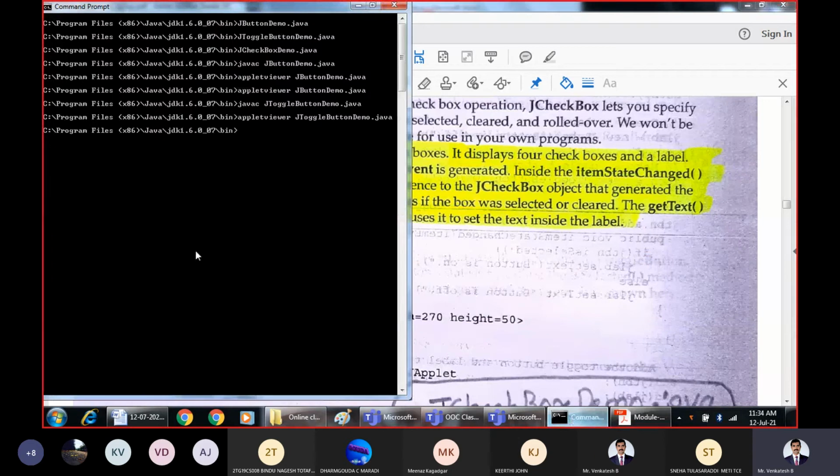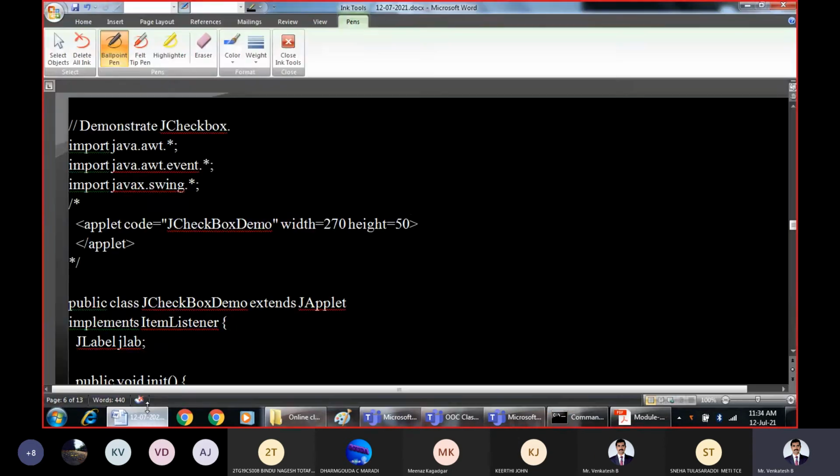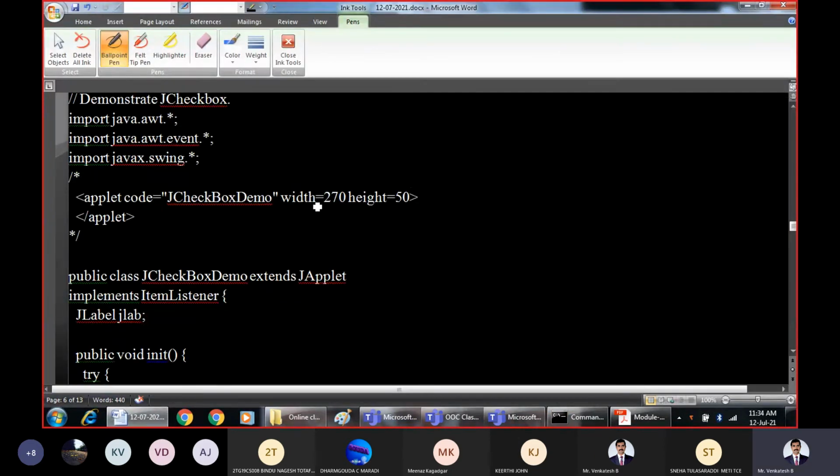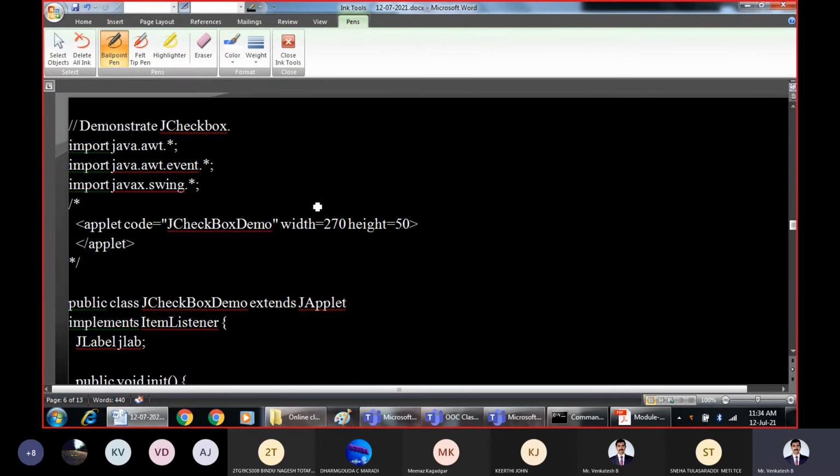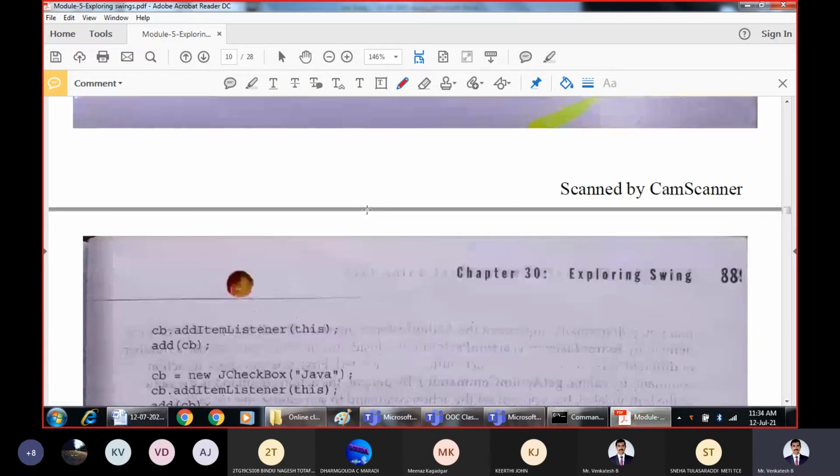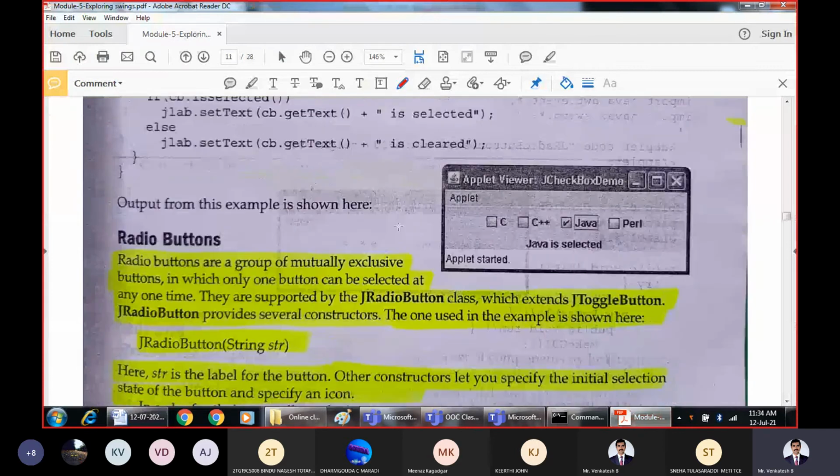So let us see the program directly, because most of the functionality is the same. Let us see how the checkboxes can be implemented. Checkboxes means some set of options will be given and you are supposed to select some of the options. This is the possible output of this program.